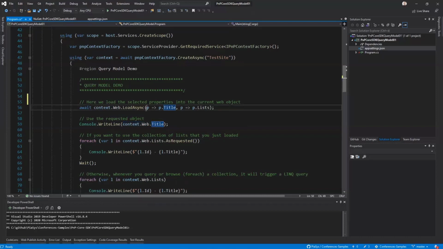In this example, as you see, I'm using a couple of Lambda expressions. So I say, for this object, I want to load the title and the lists property, which is actually a collection of objects. So what happens under the cover is that we will make a query to fill the in-memory collection. And as such, once you have the in-memory collection, if you want to use it, for example, because you want to browse it or you want to enumerate all of the items, you will simply need to